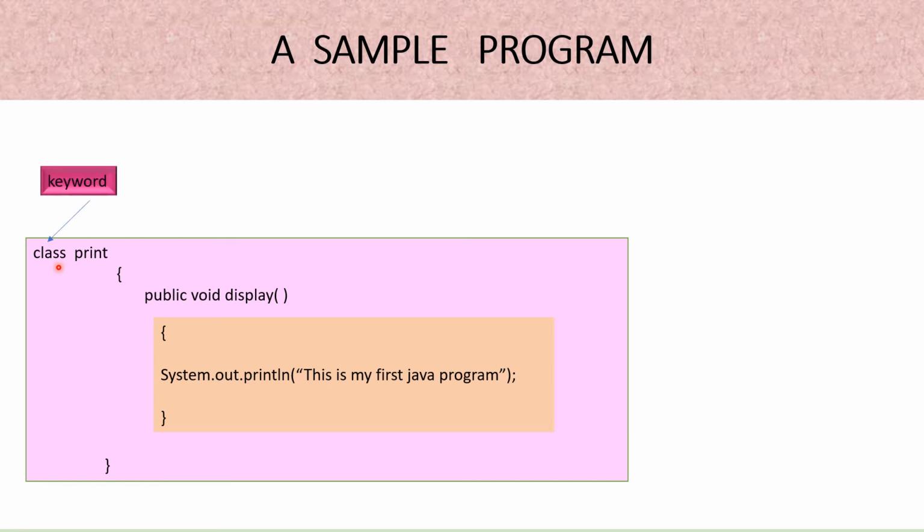Then after the word class, a word print is written over there. Whatever you want you can write here. It is not necessary that you write print here. You may write a word of your own choice. Whatever word you choose here will be the name of your class, as we are writing it just after the word class. Class word के बाद आप जो भी यहाँ पर लिखेंगे that will be your class name.